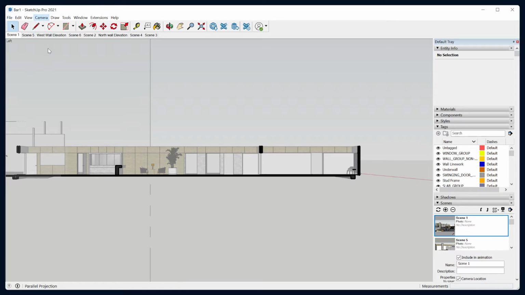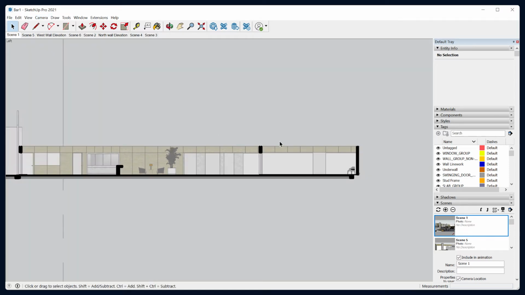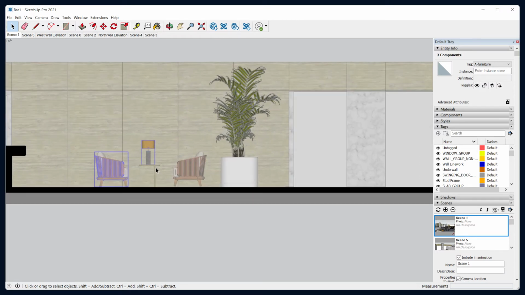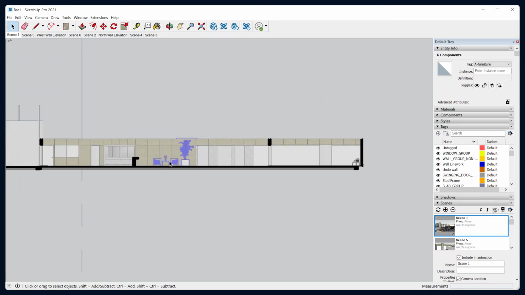And I'm also going to go up to camera again in the menu and select, what am I going to select? I'm going to select parallel projection, so that we're now looking at it straight on. And you can see I've got my wall elevation there, but there's these things in the way, these bits of furniture. So I'm going to zoom in, select those bits of furniture,